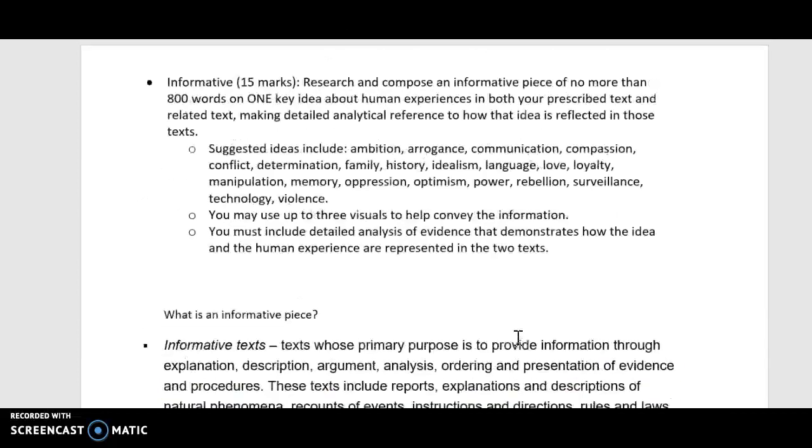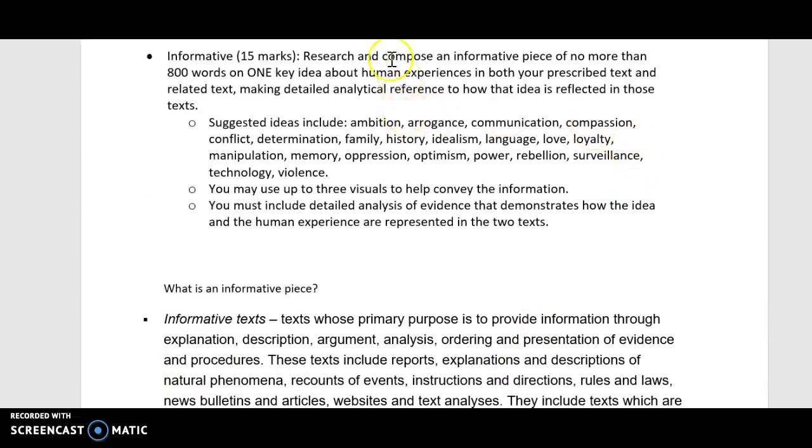So when we go back to the question, we actually start to get some ideas. So if we look at it, research and compose an informative piece on one key idea about the human experience. Okay, so firstly, research. Research implies in-depth knowledge. So straight away, that triggers our understanding of the word audience. Who is our audience? Our audience are people who are educated and who have an understanding of complex ideas, which means in our writing, we have to be